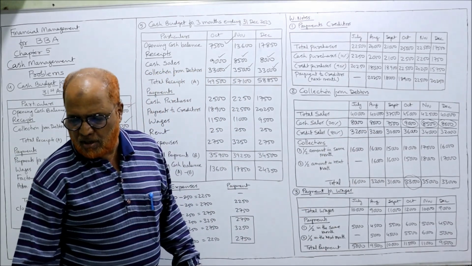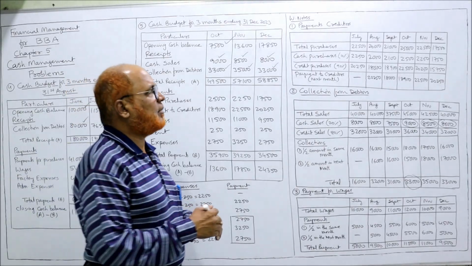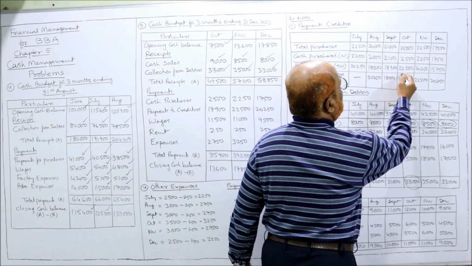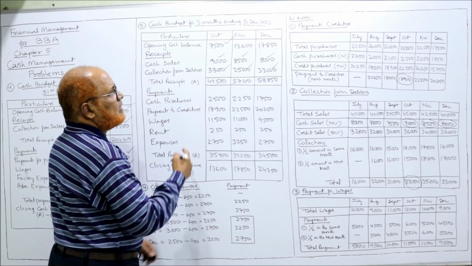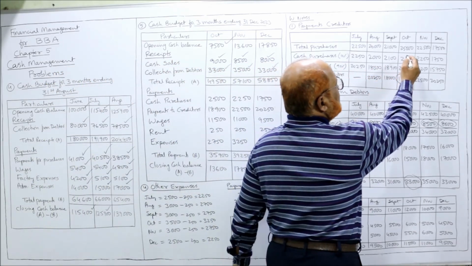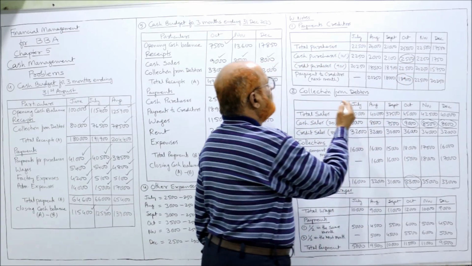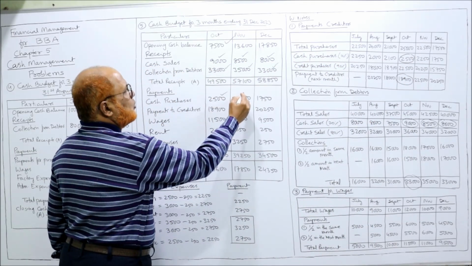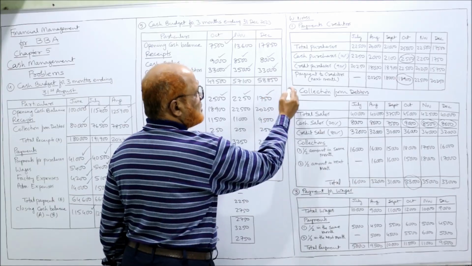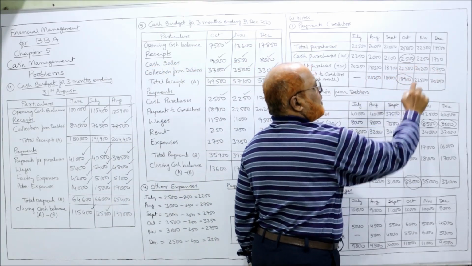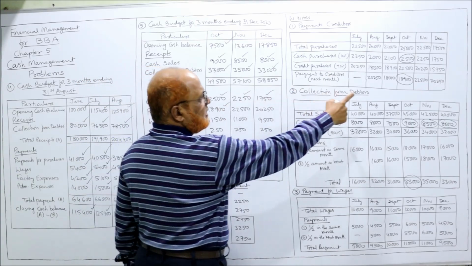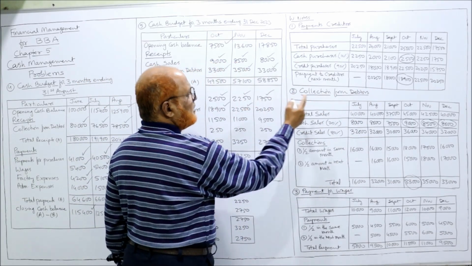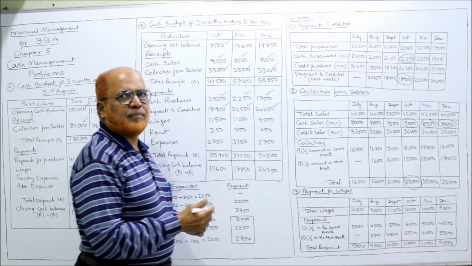That is the payment. Now we need only October, November, December. So October it is 18,900. So here you can see, first we'll take the cash purchase. Cash purchase are 2,500. Then 2,250, 1,750. These 3 are the cash purchase. Now payment to creditors 18,900. Then 22,500, 20,250. This is the main